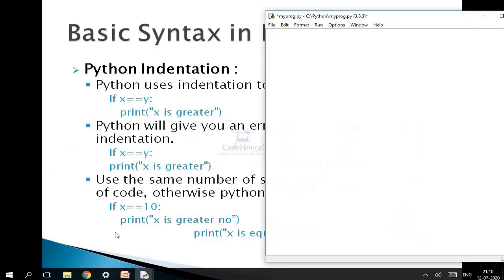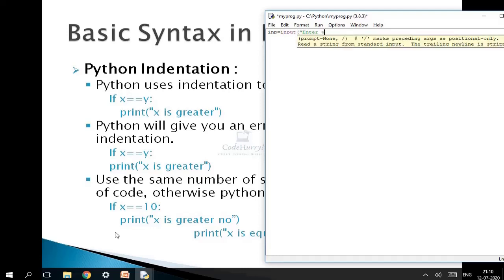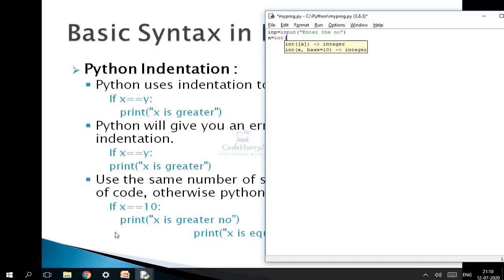So what I'll do is I'll get some number from the user using the input method, which we have already seen: enter the number. And once I've got the number, you know that the input method returns the input as a string, so we need to convert it into an integer numeric value. For that, I'll use a built-in method, that is int. It is used to convert the string into a number. So I'll convert this x input into a numeric value and store it in a variable called x.